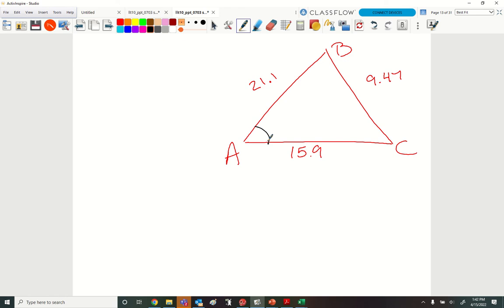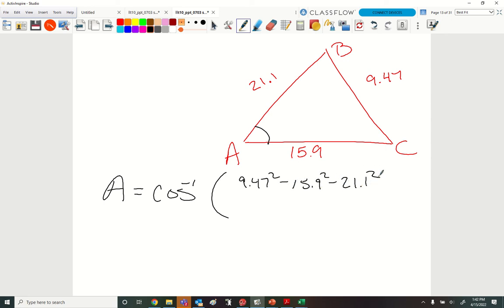Since we're solving for big A, it's going to look like this. Big A is equal to inverse cosine of 9.47 squared minus 15.9 squared minus 21.1 squared all over negative 2 times 15.9 times 21.1. And when I'm all said and done, I put it in my calculator and hit enter, and I come up with